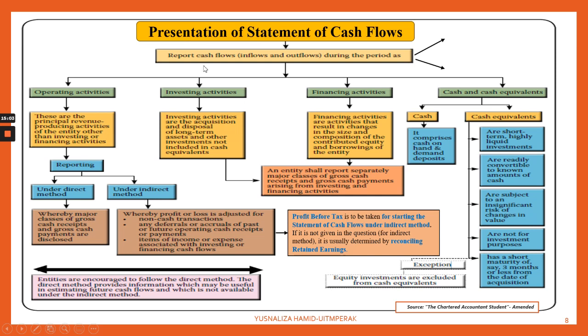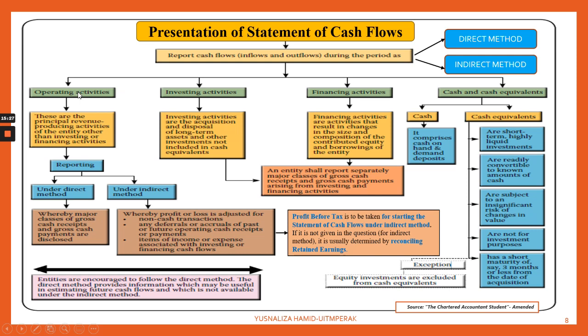These are the presentation of the cash flow statement, where the cash flow statement, as I said, will report cash flow, either inflows and outflows, during a reporting period using 2 methods. You have the option to select the method that is more desirable to the company, either the direct method or the indirect method.